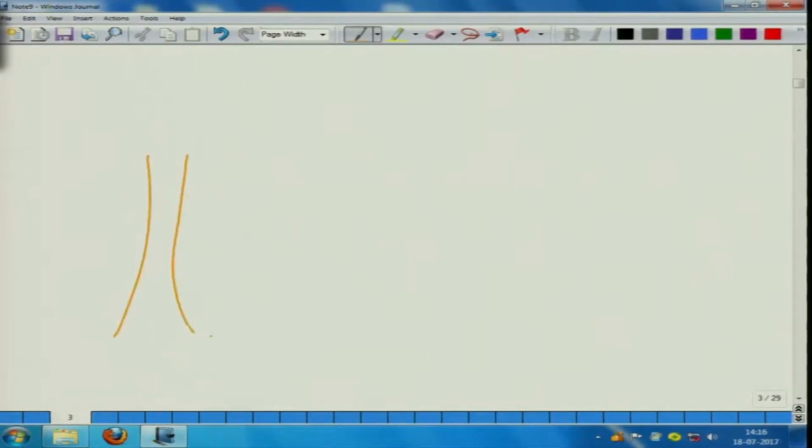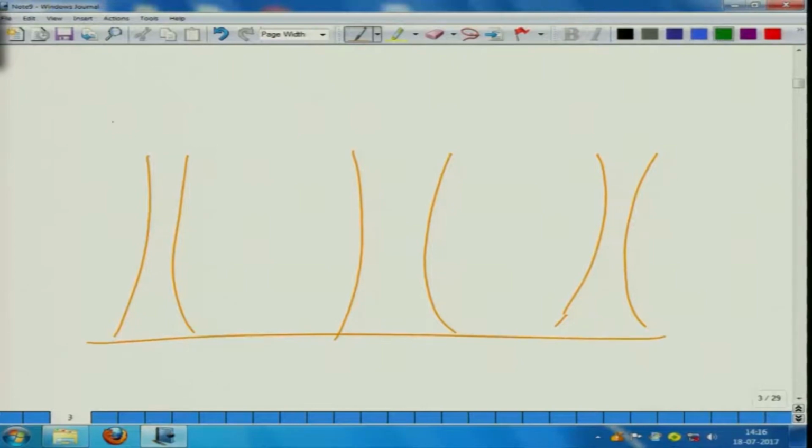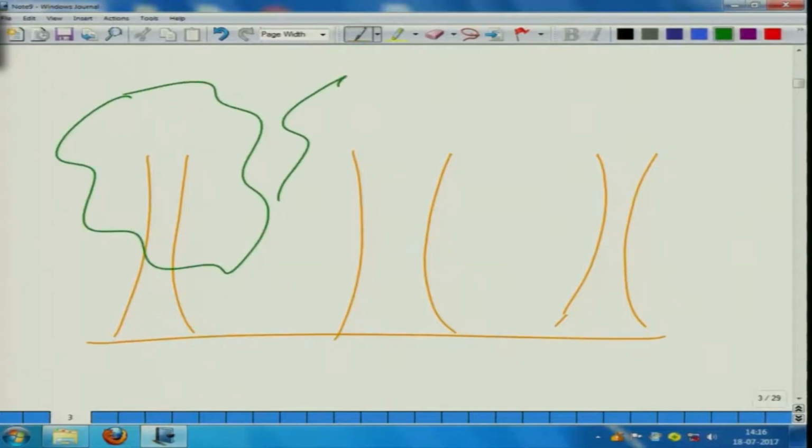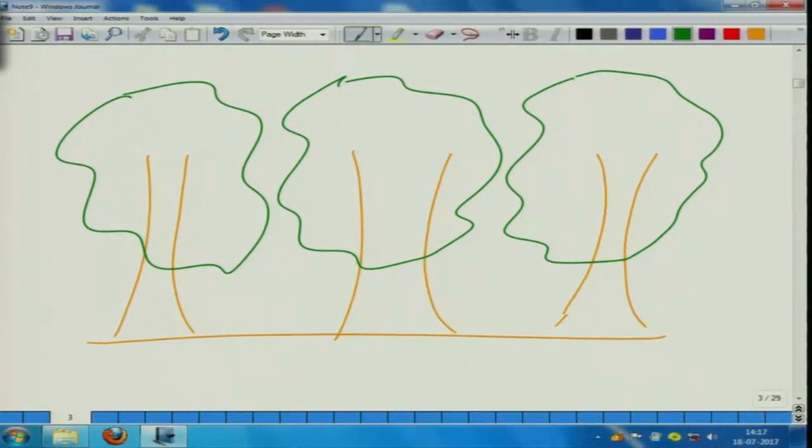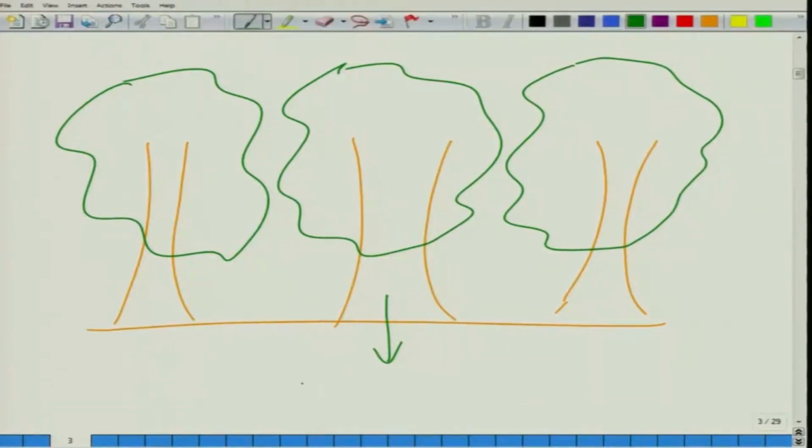We will have some small diameter trees, some large diameter trees, maybe some medium diameter trees, and in the case of fixed area sample plots, you measure all the trees that are inside your sample plot. However, when we are considering point sampling, the trees which have a larger diameter